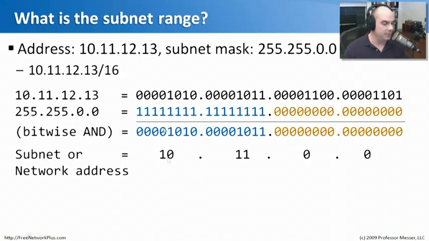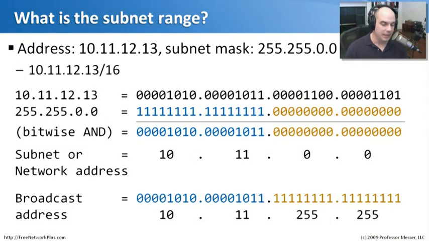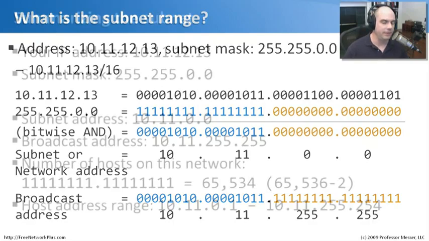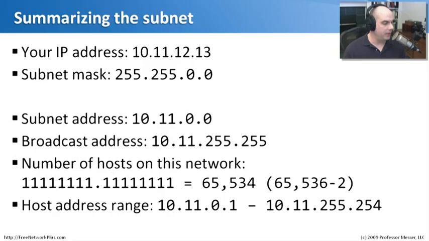We can see that our subnet address is 10.11.0.0. And if we take all these zeros and turn them into ones, then we know that our broadcast address is 10.11.255.255. So the very important things to keep in mind on this network are our address 10.11.12.13 with subnet mask 255.255.0.0. In summary, we know that the subnet is 10.11.0.0 and the broadcast address is